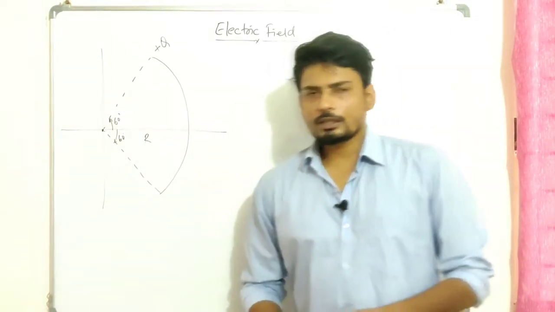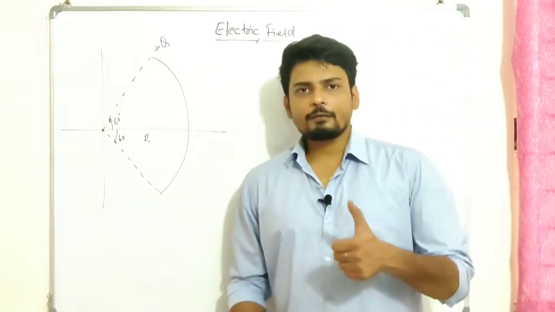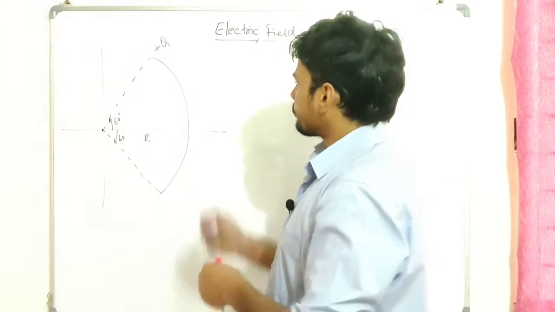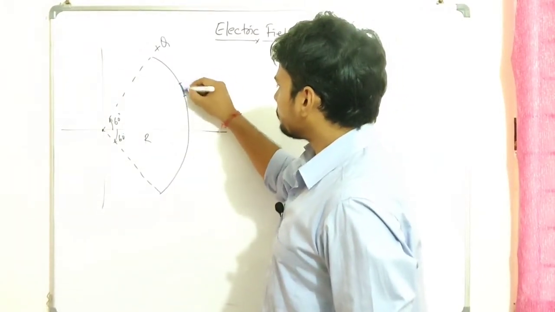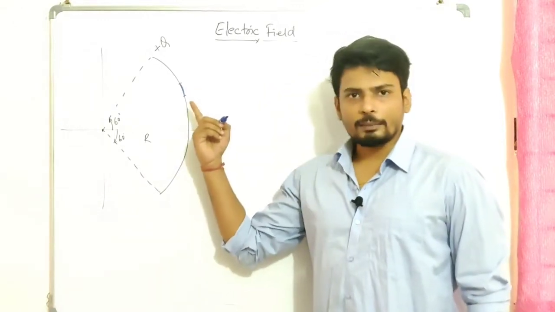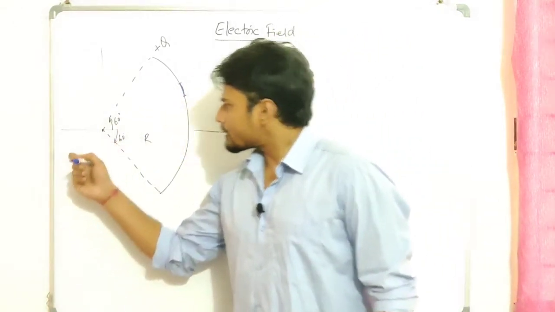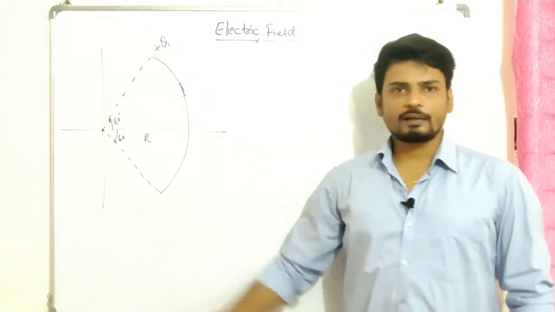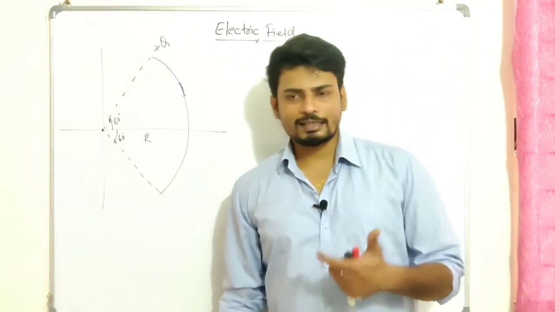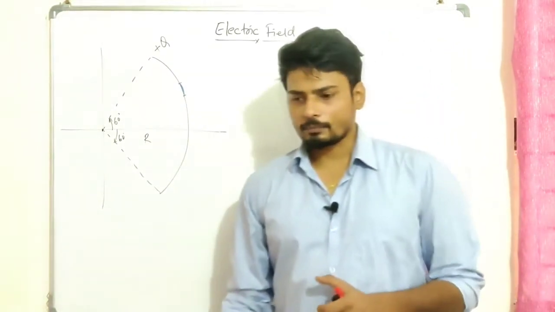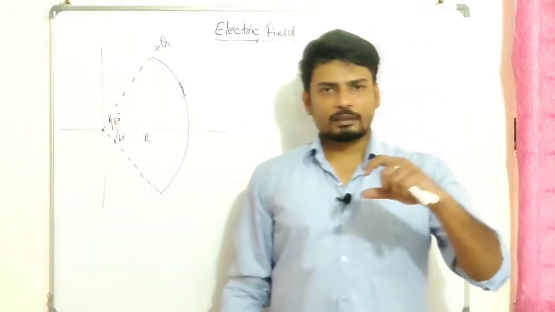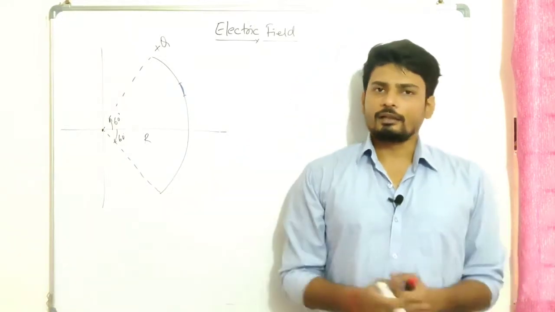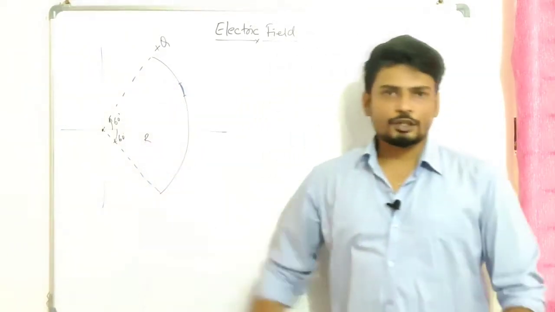Alright then, I'm going to quickly recap the process of how to find it. Basically what we do, we take a small element, right? Let's suppose here, let the small element be dl. We have to find the charge on this small element, then find the small electric field due to this small element, and then integrate for the entire piece that is a part of the ring. That is the entire process, and it's going to be the same for every extended mass system. I'm going to repeat it one more time: take the elementary particle, find the small charge on that, find the small electric field due to that small particle, and then integrate based on the total shape it's given.